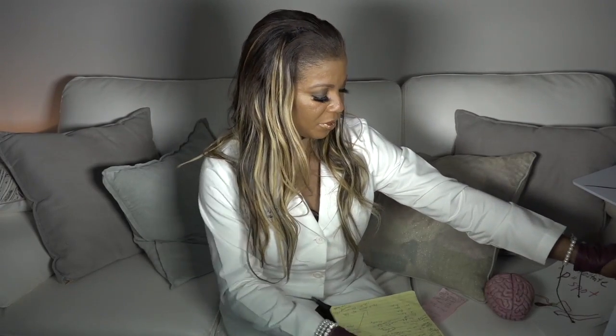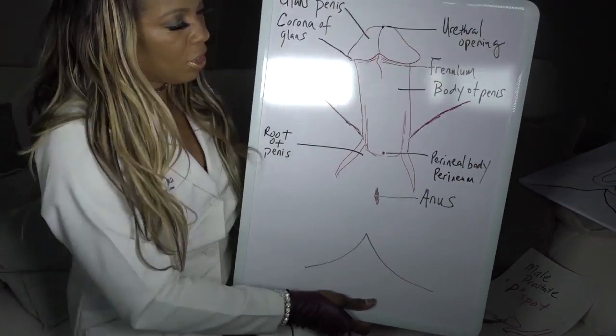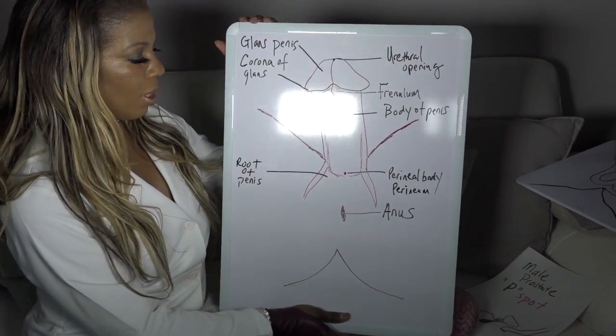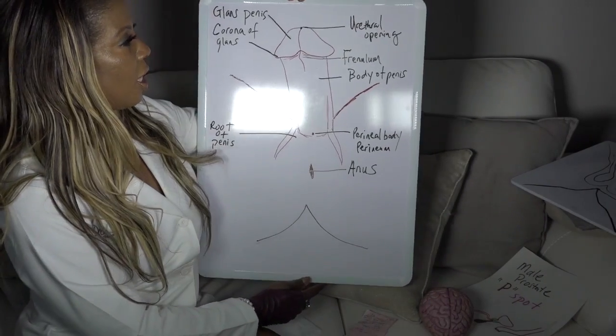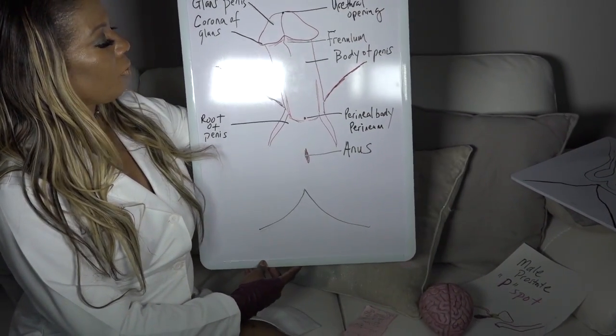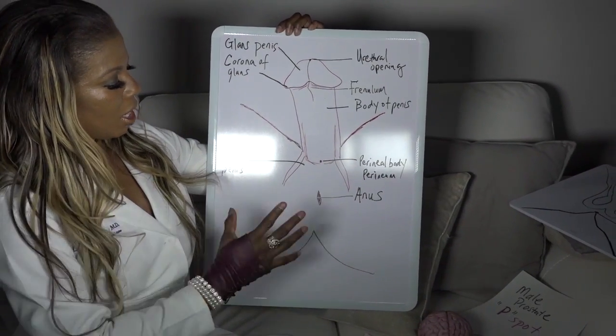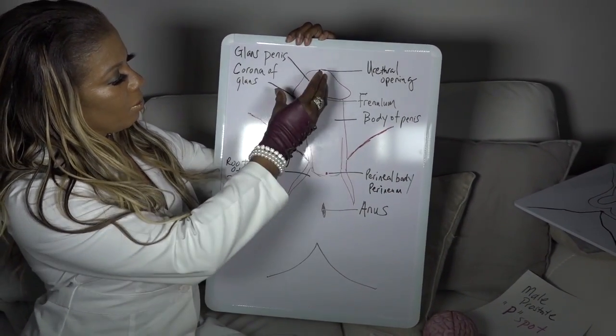touch, okay? Now, let's not neglect our guys. All right, so we have the guys, and yeah, I did use a bigger drawing because I wanted to really make it very simple for my women to see that it's not as complicated as sometimes we think it is. All right, so this guy actually has his legs up in the air, and we have the shaft coming upwards